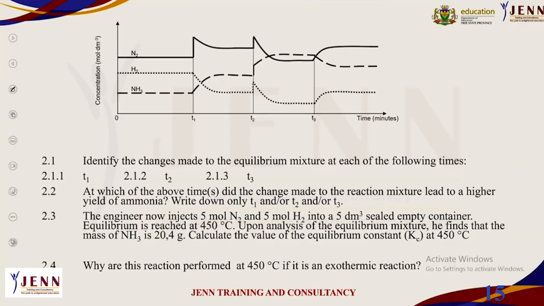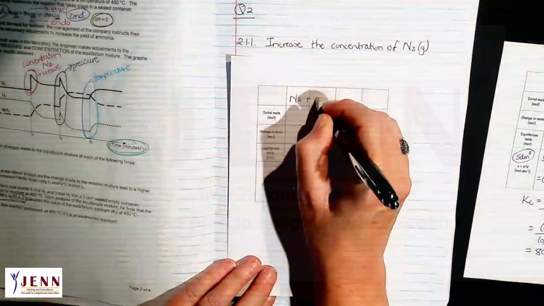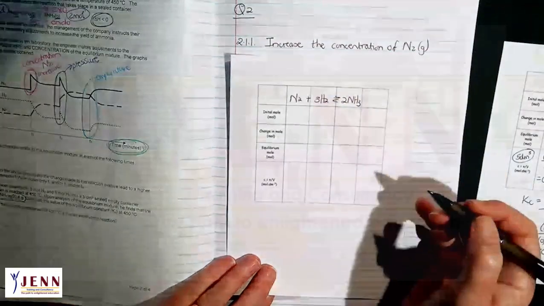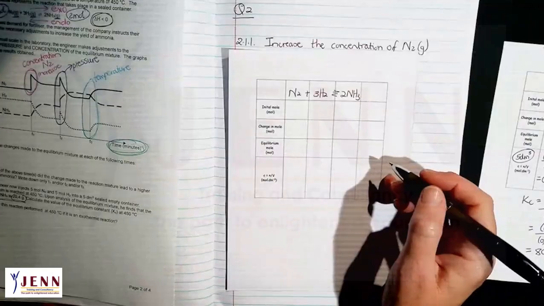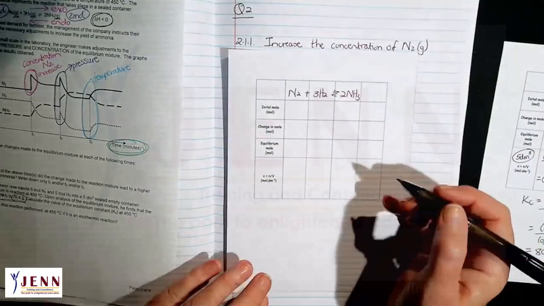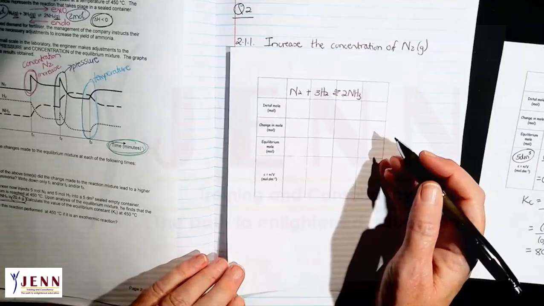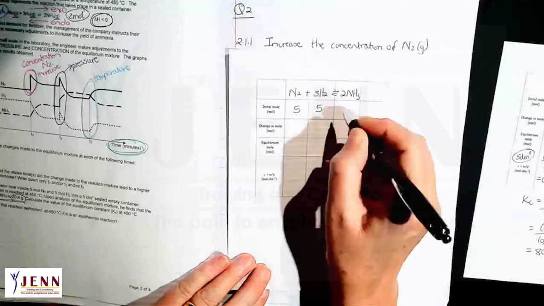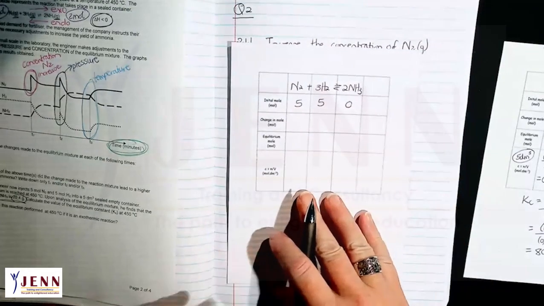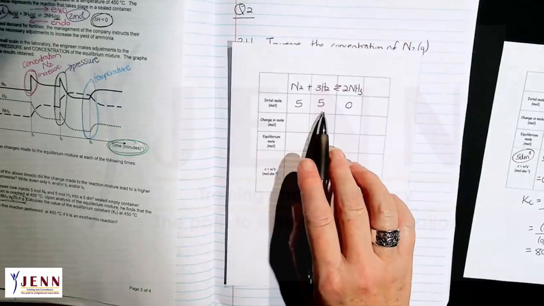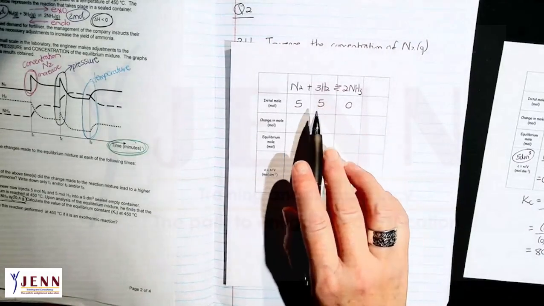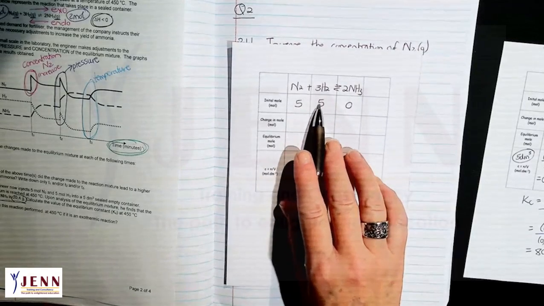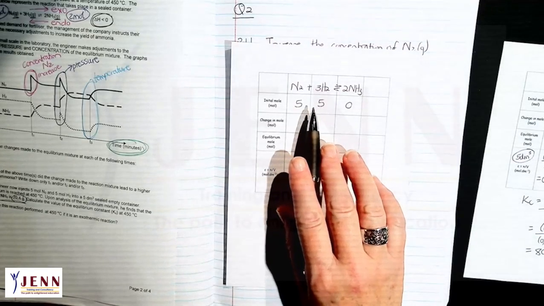Okay, I use my table. N2 plus 3H2 gives me 2NH3. In this case I'm not going to use the right-hand side, but I just made the tables in advance, so that's why there are 4 columns. There's 5 moles and 5 moles, and 0 of that. Boys and girls, initial moles are not necessarily in the correct ratio. So please don't say, but if this one is 5, this one must be 15. There was a typing error.